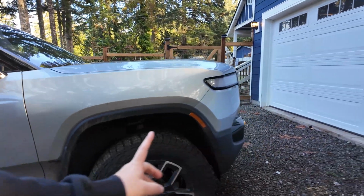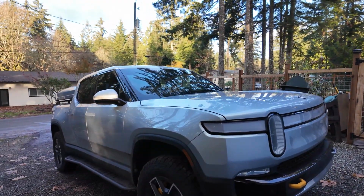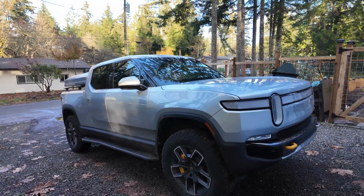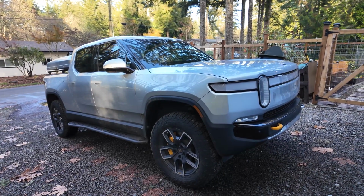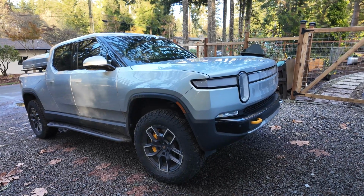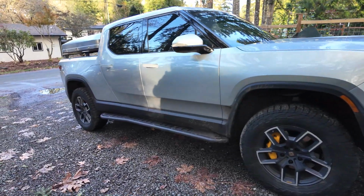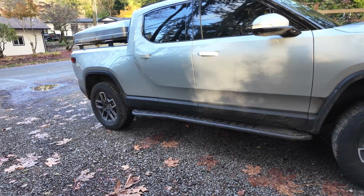Now, let's also talk about the tires. The tires have been great. Now remember, these Falkens were given to me by Falken to test out, but I will be buying another set with my own money, so you don't have to worry about any kind of bias or anything, because I do love these tires. We're about 25,000 miles on it, and last I checked, it was 15 out of 15